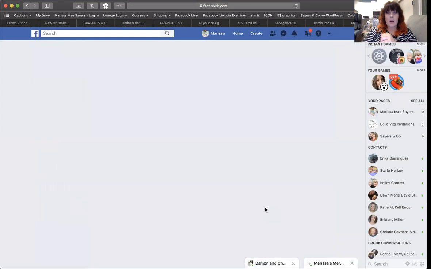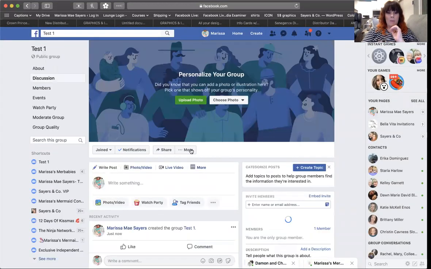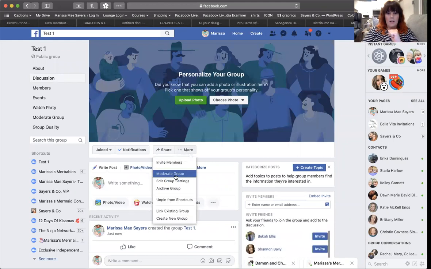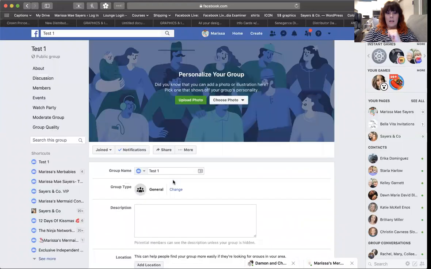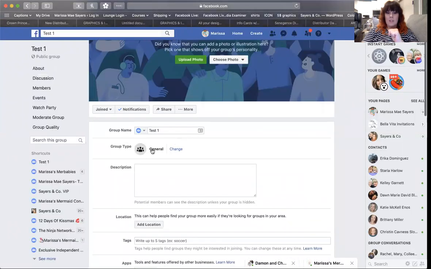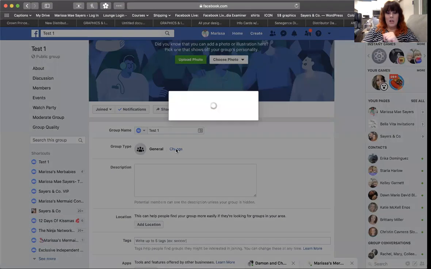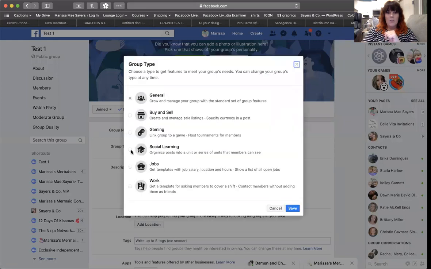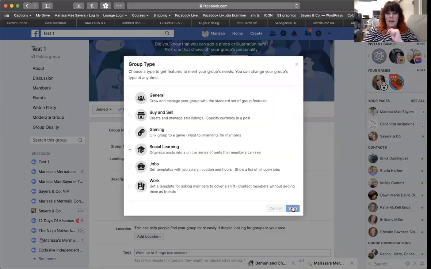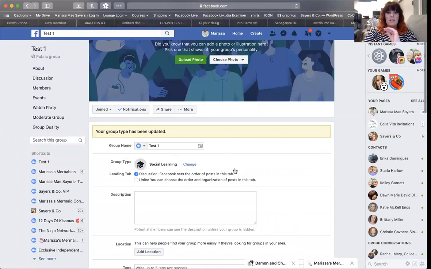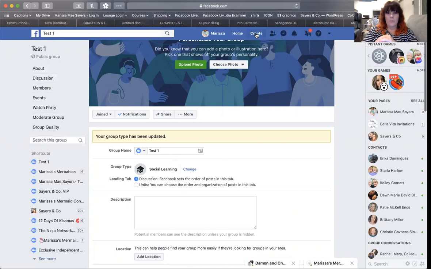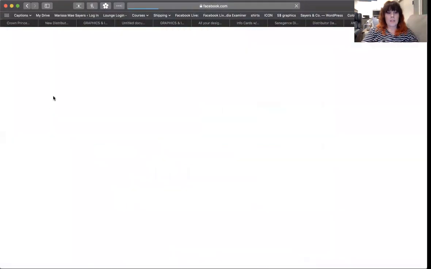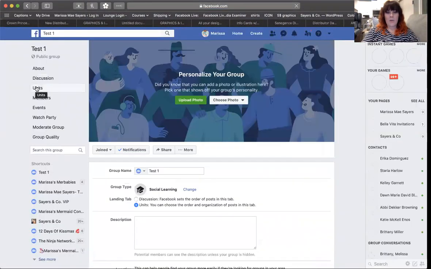Now, this next part is really important. You're going to come up here to More, and click on Edit Group Settings. From there, right here where it says General, you are going to want to change that to Social Learning. Now, the reason for that change is now you have units. If you refresh your page, you're going to see on this left-hand side, now you have this section and